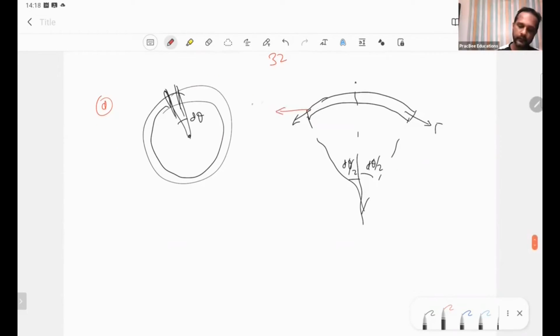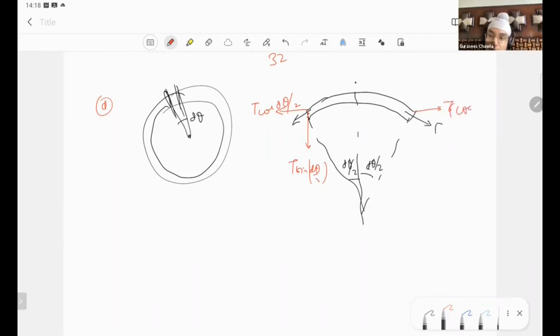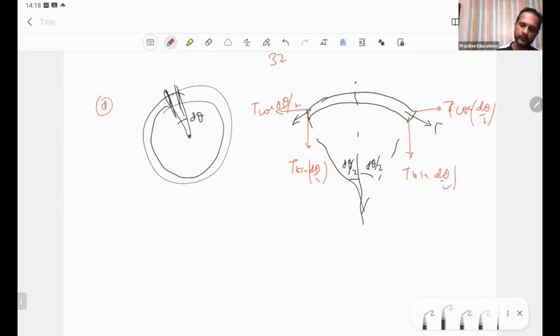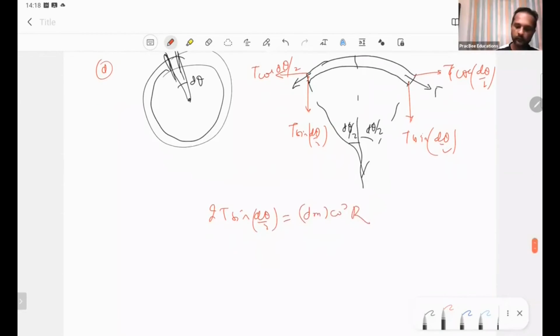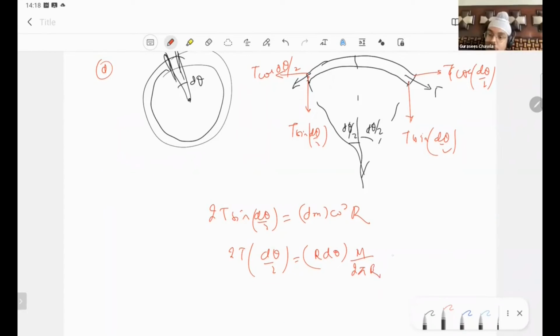So basically इधर की तरफ हो जाएगा T cos d theta by 2, T sin d theta by 2। And 2T sin d theta by 2 is equal to normal. And T sin d theta by 2 is like a centripetal force. So this has to be equal to dm omega square into radius. So theta is small, so I can write 2T d theta by 2. dm को I can write as r d theta into mass per unit length. So mass per unit length will be m upon 2 pi r. Got it? Yes।